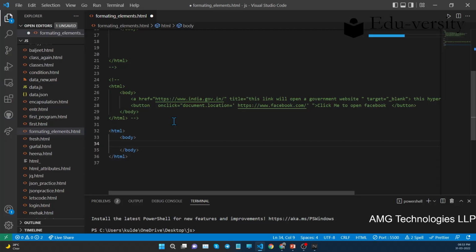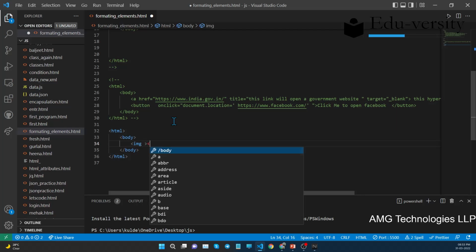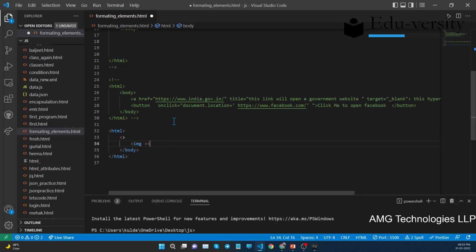Using an image tag, you have to write down img. So I'll write img. So img is basically a self-terminating or empty tag. There is no requirement of a closing tag for the img. But in the img tag, you have to pass a source, which is basically the path of the image we have. So let's copy a sample path